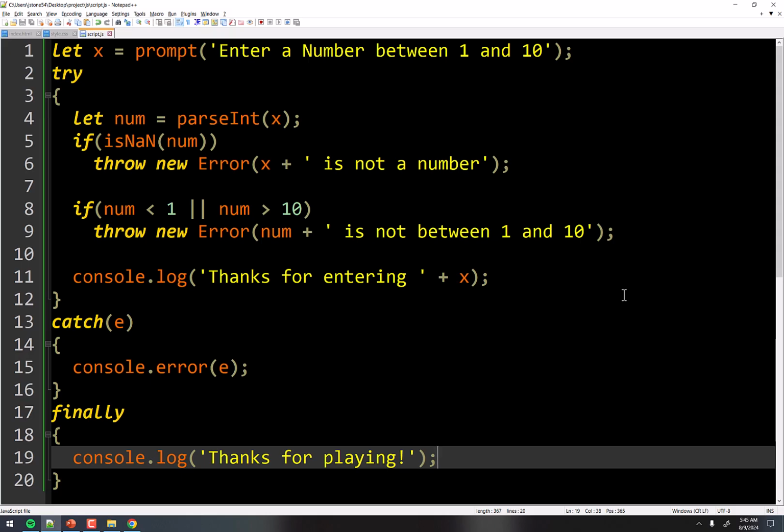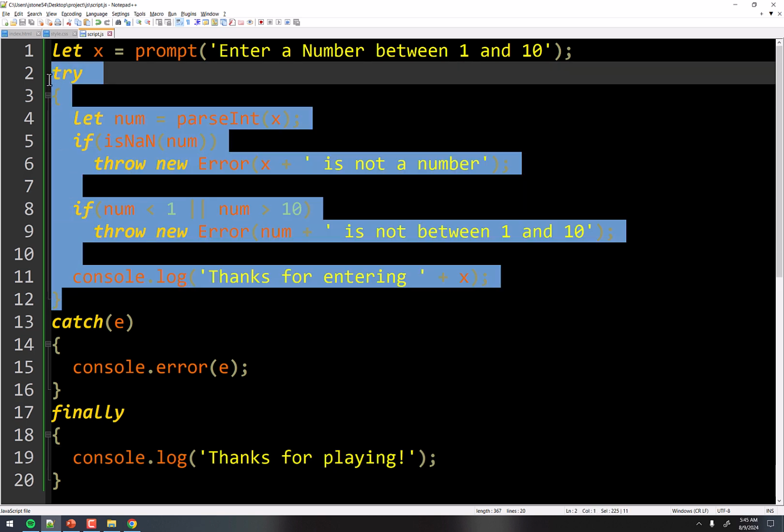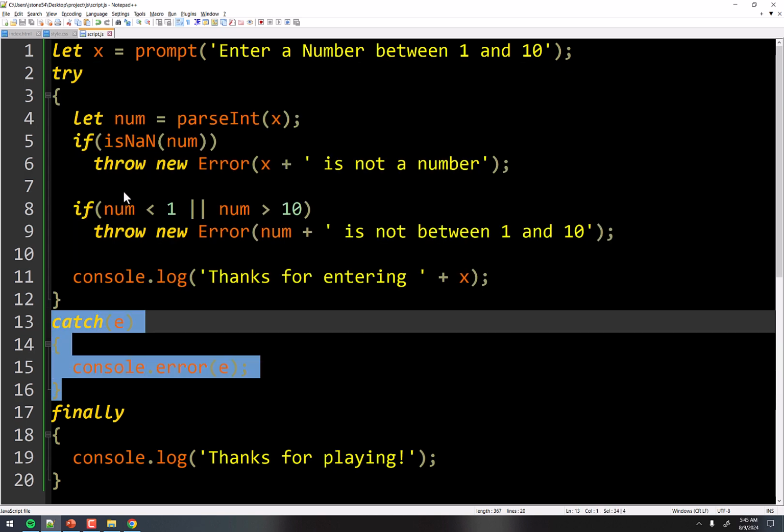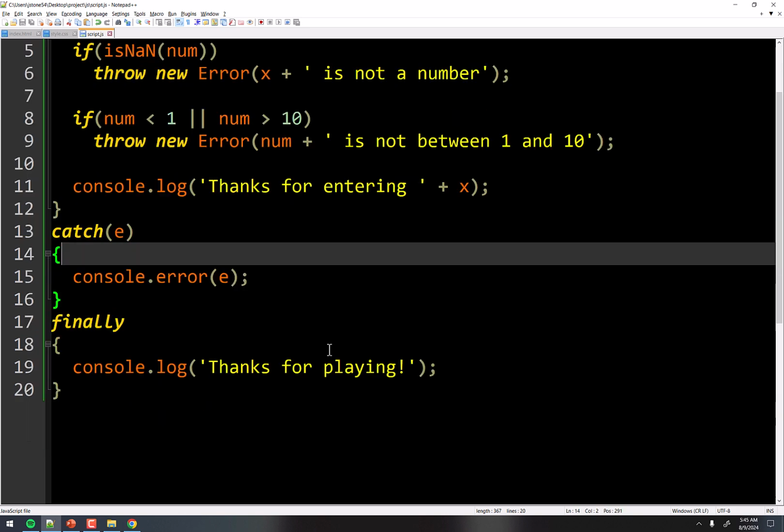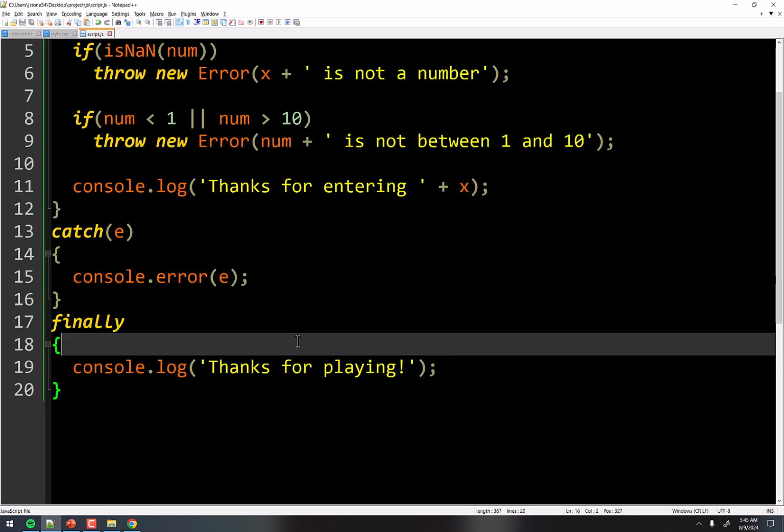So no matter what, whether the try finishes completely and the catch is never run, or the try breaks out and sends something to catch, either way, this will always run. Now the reason you would do that is if you have some resources open, maybe you are having some sort of connection to another server, or you have a file open or something like this. That's a thing you might do if you're using Node.js on a server, which we talk about another time. But this is usually to close resources, just to make sure that you didn't leave anything open.